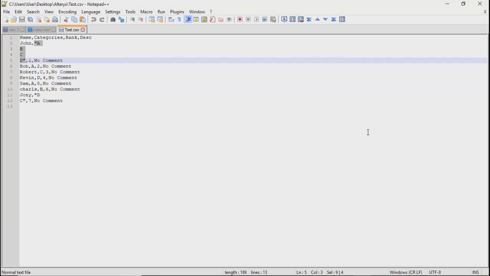Okay, then C line break. I think similarly we need to do this thing here as well, right? Yeah, so this is that kind of case only wherein you need to handle these things while importing your data. Yes. Okay, so that's what we need to handle. This is part of your data cleaning only.